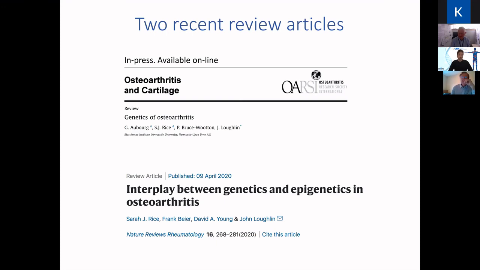Right. And do you look systemically as well, so looking at circulation? Well, we do have blood samples from some of our patients. But blood is relatively far removed, so if we do see an effect in cartilage, we tend not to see it necessarily in blood. And there's loads of in silico data for blood as well, so you can get a lot of eQTL data and methylation data for blood.